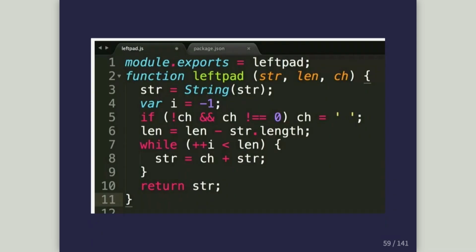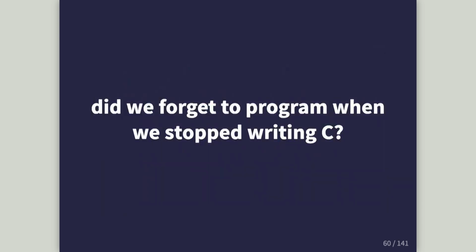All right, this is the code I found. It was 11 lines. All right, just because I didn't want to write this a bunch of times in my app, it means I forgot how to program? Did we forget to program when we stopped writing C? When we stopped writing assembly? When we stopped doing electrical engineering? I wrote electrical engineering there because I didn't know what to put, because I don't do electrical engineering, but